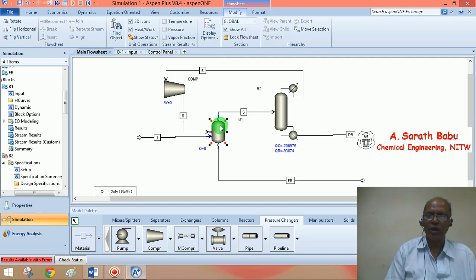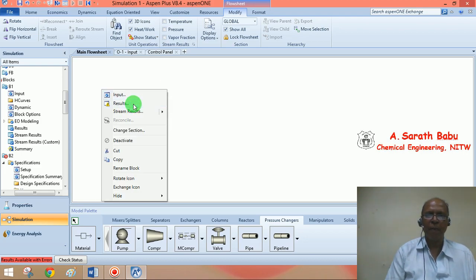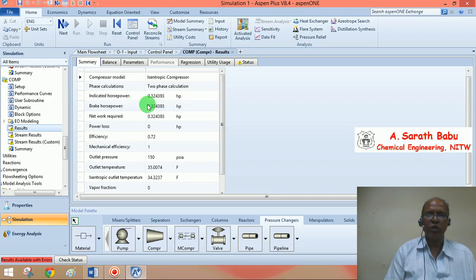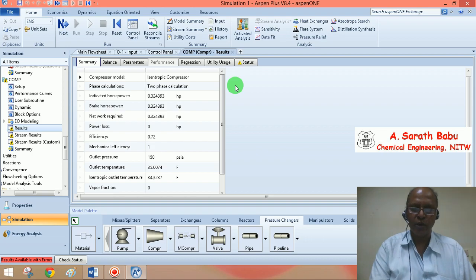So the variable that we are starting at 150 itself probably is all right. Now let us look at this result. Yeah, it is giving network required is about 0.324 HP. So in this way, you will be able to run the problem with each of these variables as a single variable while trying